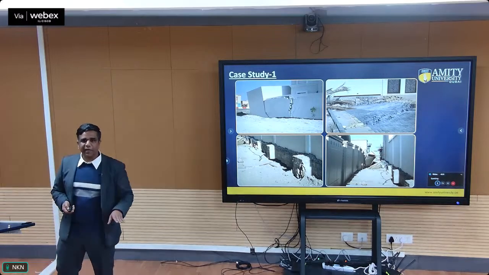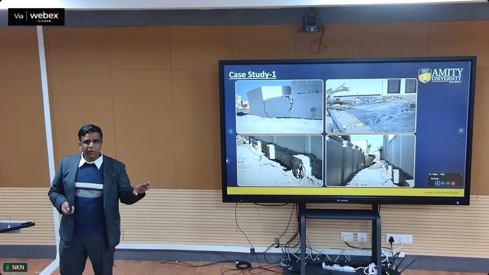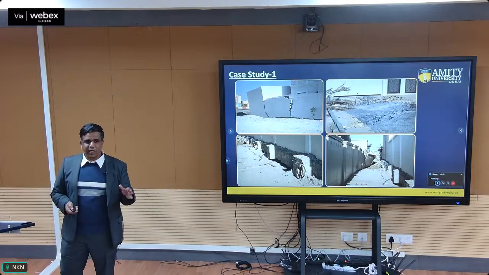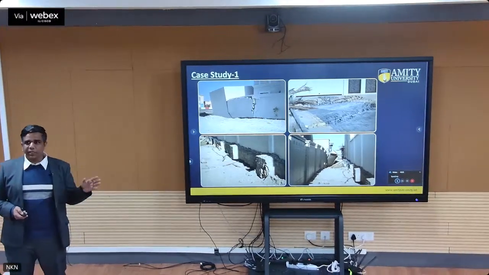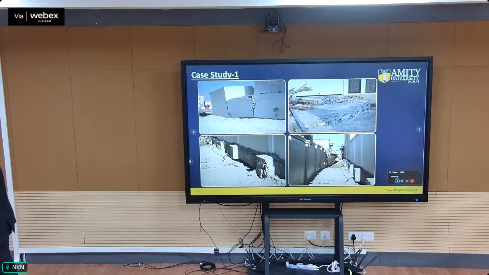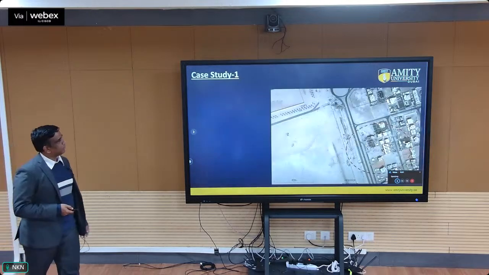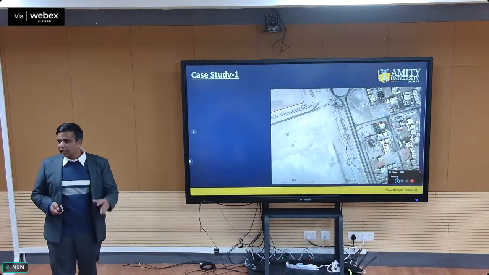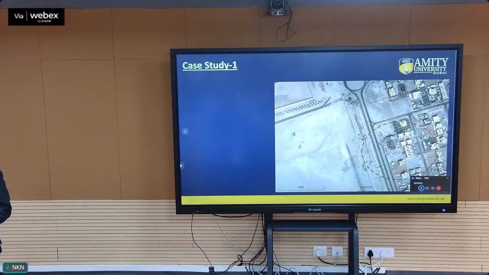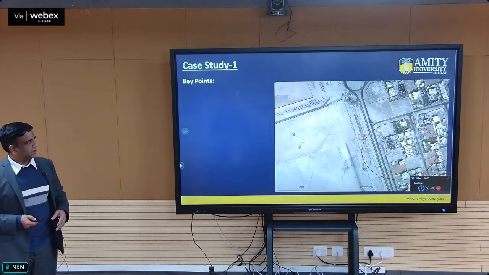Down the line, after 5, 6, 7 years passed, one day they faced small problems, and after a few months there were many issues, and it was brought to us to conduct a forensic investigation. What was the reason behind it? So we went to the site and drilled some boreholes. We did some cone penetration tests on the soil. And finally, what we understood here is